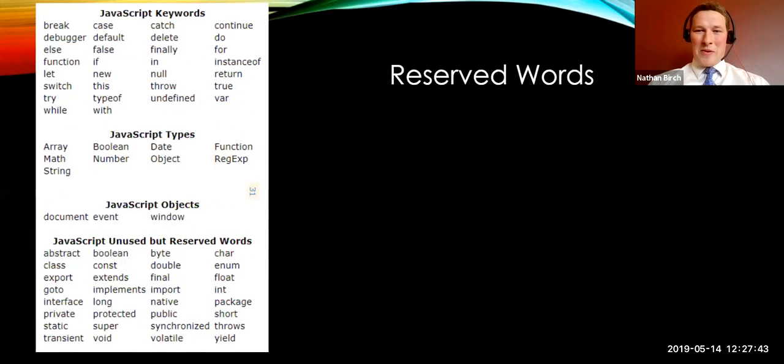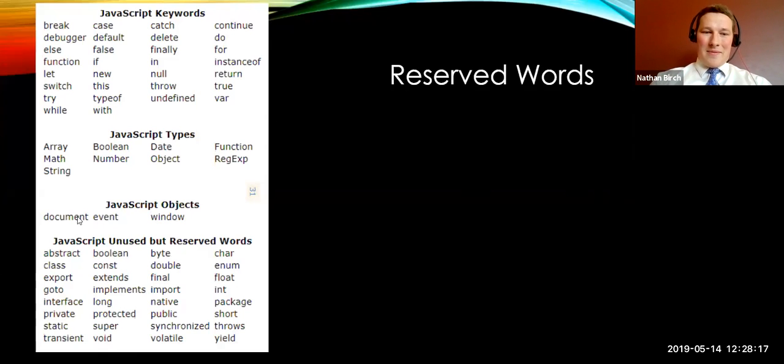Okay, reserved words in JavaScript. If you're using a text editor and you're using it correctly, you don't really have to worry too much, because the second I type in one of these words, it'll show up in a nice pink color or a blue color or something like that. These are the reserved JavaScript words, which means you cannot use them as variable names or anything like that. I could put these words into a string, as long as it's in the quotation marks, and it doesn't matter. But I cannot name variables these things or name functions these things.